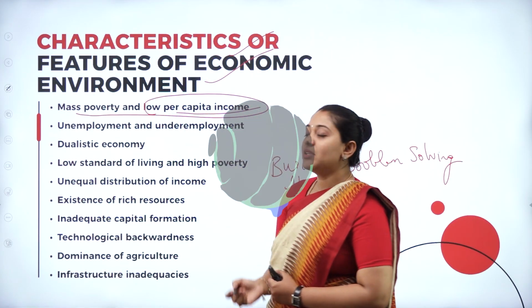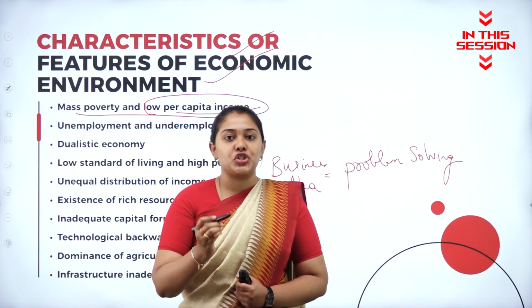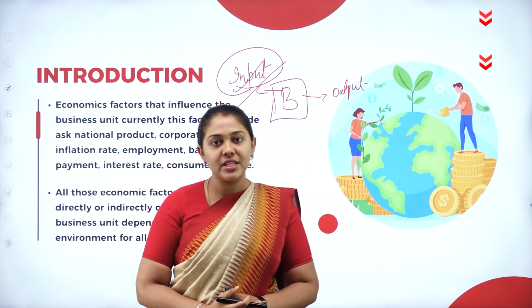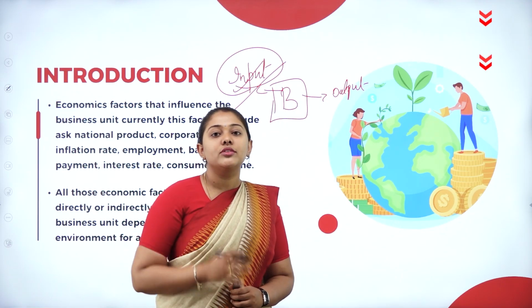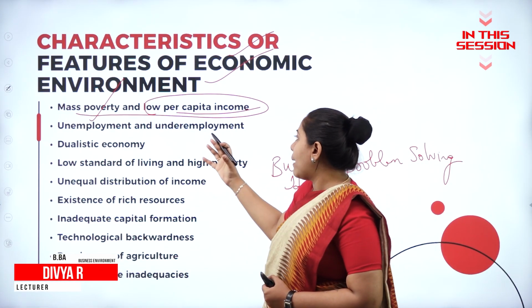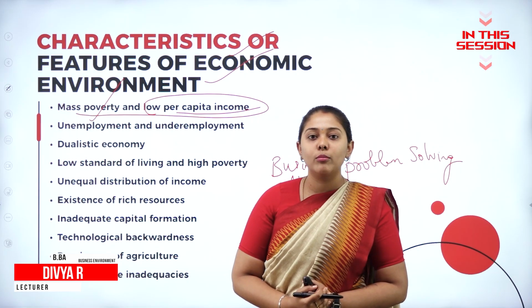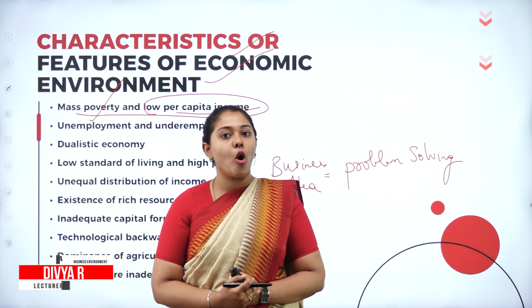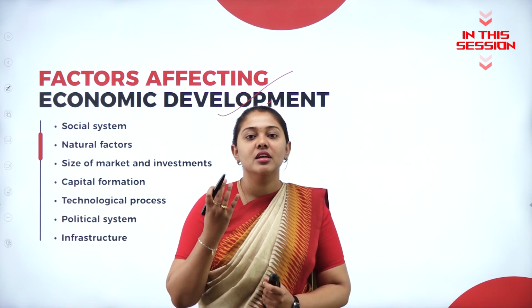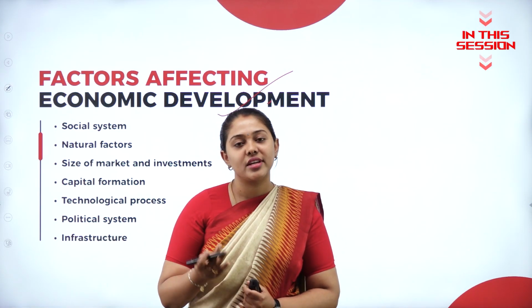Per capita income is the income of an individual. Whatever is being processed and used by the business will be studied through economics. Since the income of a person is low, with low per capita income we have a problem of mass poverty, huge poverty. What is our economic sector? We have mainly three sectors: primary sector, secondary sector and tertiary sector.